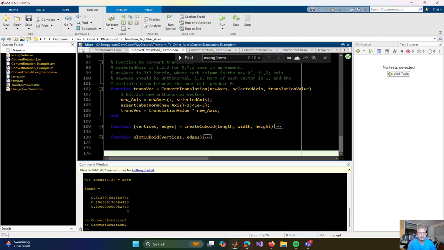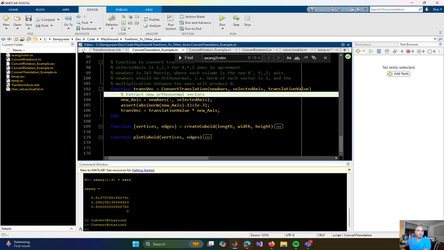Hi all, in this demo we are going to see how to translate and rotate about a specified vector, meaning it doesn't have to be in the XYZ origin basics axis, it can be in a different one. So let's look, for example,